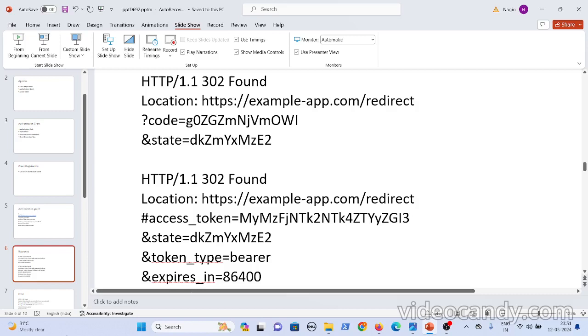Okay, and that key card is valid only for some time, right? Only till you have booked your room, that key card is valid. So the authorization flow is also the same. Okay, a third party application requests for access. Just as the receptionist gives you the key card, the application gives you the access token, and just as you access your room, the third party application can access your photos only for a certain period of time, because even the key card is valid only for a certain period of time, right?